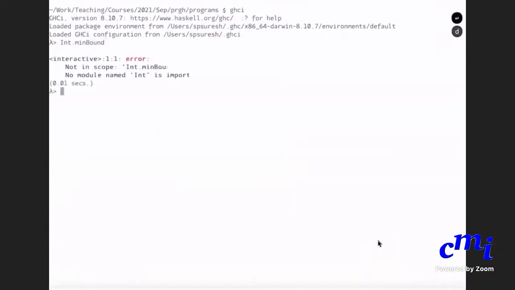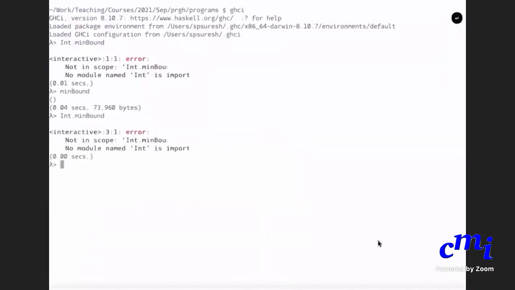It says minBound double colon Int, which is actually minus 2 to the power 63, and maxBound double colon Int is 2 to the 63 minus 1.